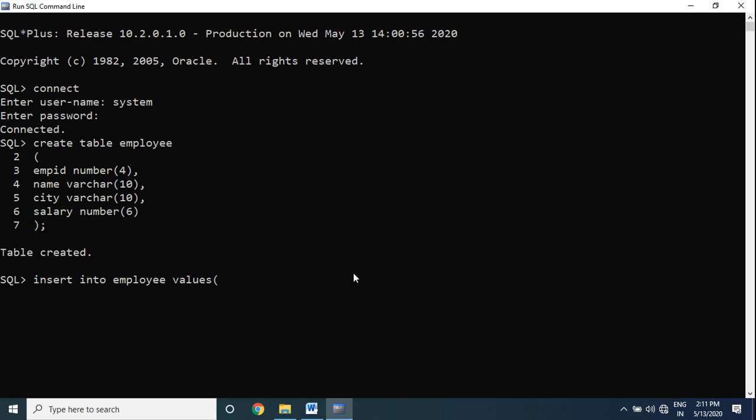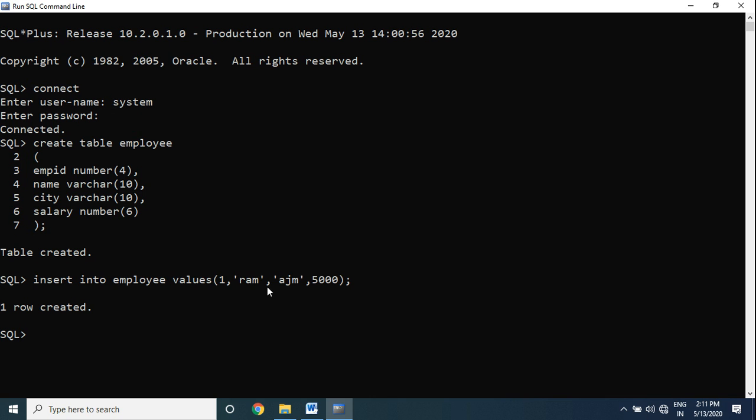What values? So first field is EMP ID, I write 1. Name, I write here Ram. So varchar is written in single quotes. Then city, city is varchar, so I write in single quotes. And last is salary. Salary is numeric, so numeric will be normal.